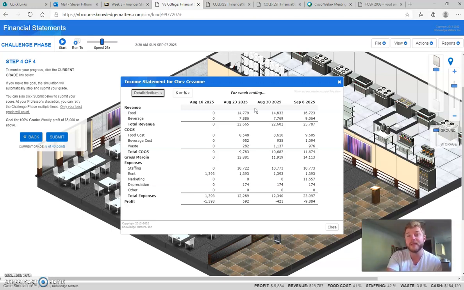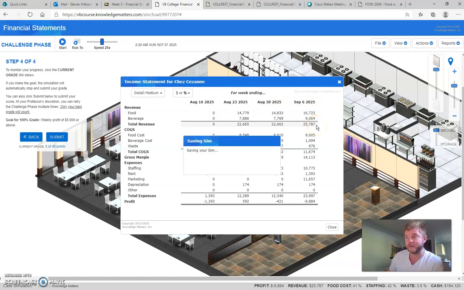There's a lot of stuff we like to teach you and it's good to know, but then there's also some stuff that we need to teach you, and this is one of those needs. You need to understand an income statement and basically just what it says, even if it's your own personal income statement. So here for the week ending September 16th, they made $25,787, of which it was split up between